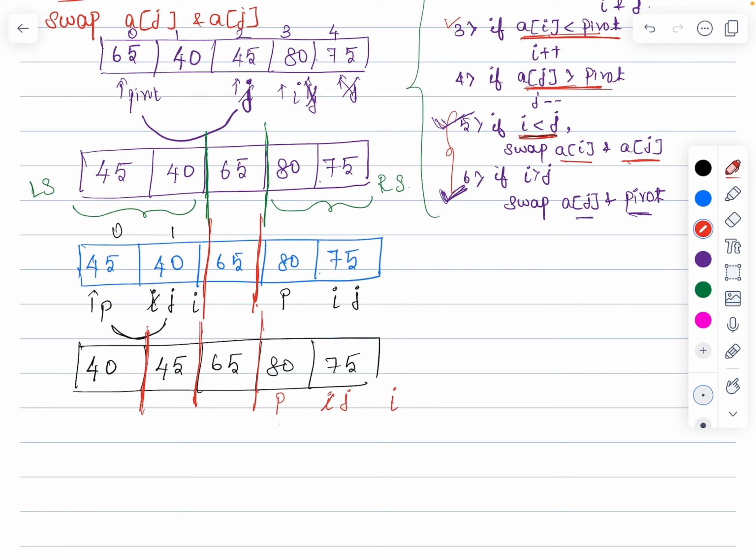Means you can blindly start swapping the pivot element along with the array of j element. So i and j are overlapped, so you can swap the pivot element along with the array of j element. So in the next step, yeah, we are swapping it, so array of j would come here and the pivot would go there. So now if you check,